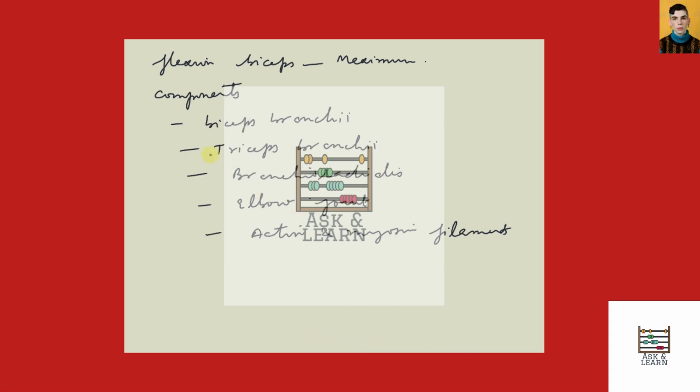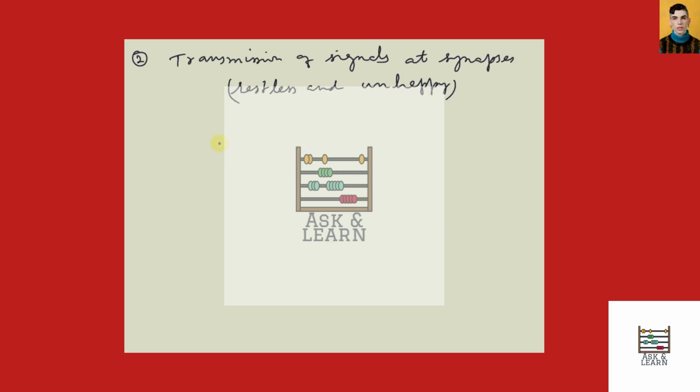The components involved in this are the biceps brachii muscle, triceps brachii muscle, brachioradialis muscle, elbow joint, and actin and myosin filaments. Another question asked is, explain in detail the transmission of signals at synapses during times when your body feels